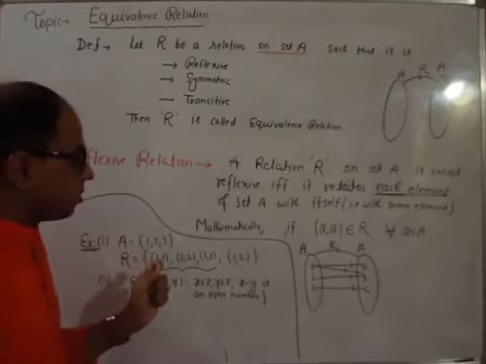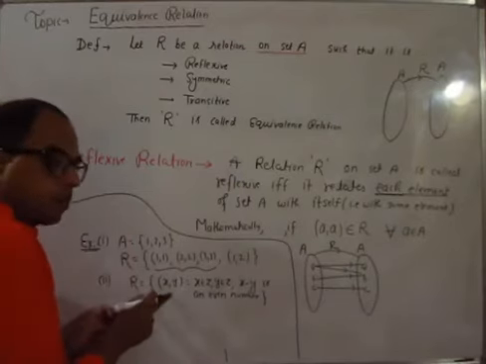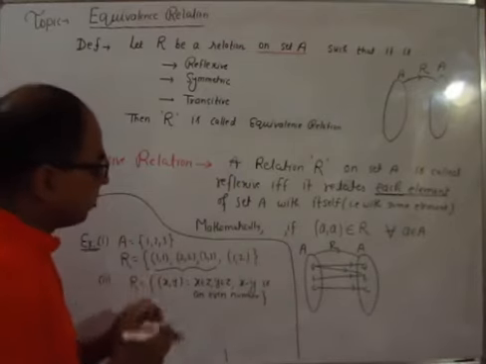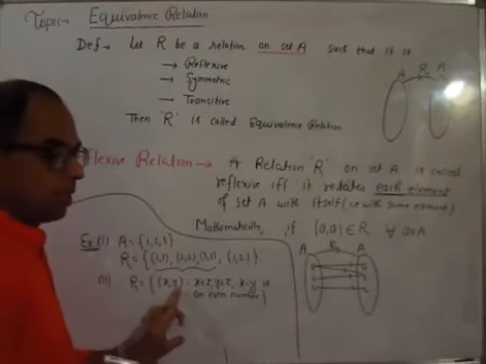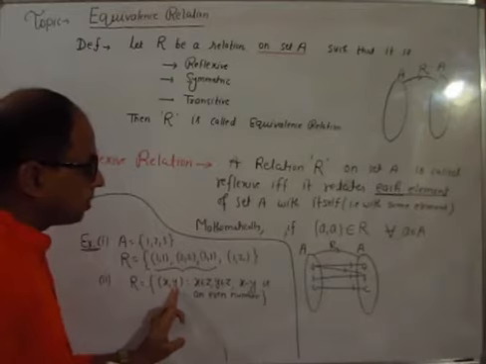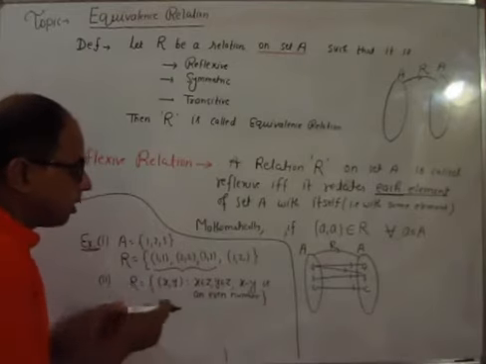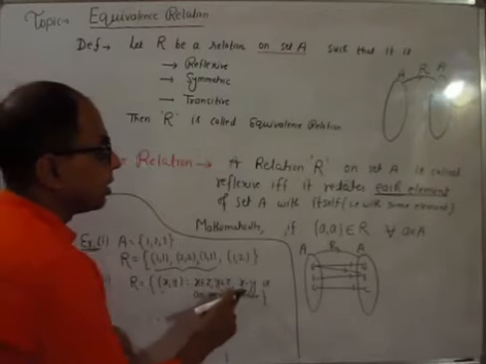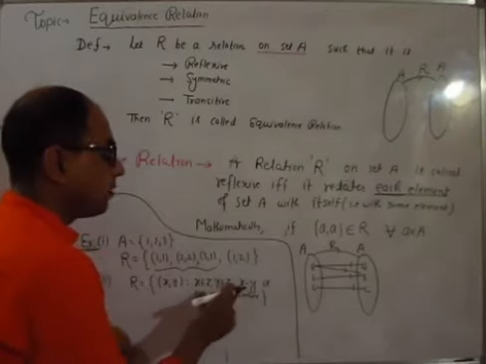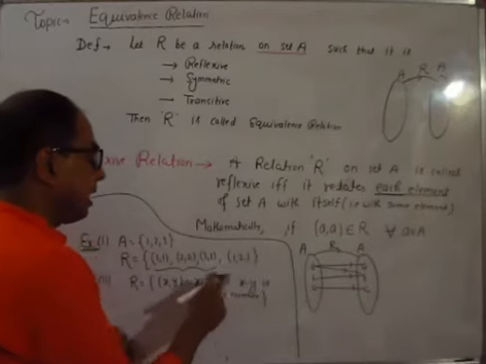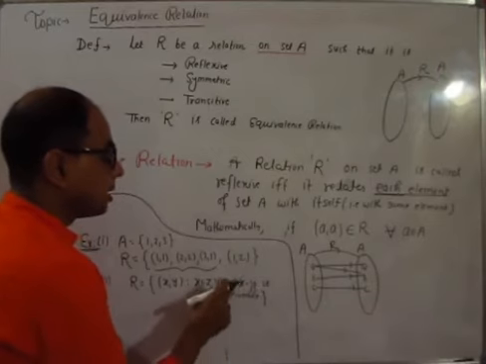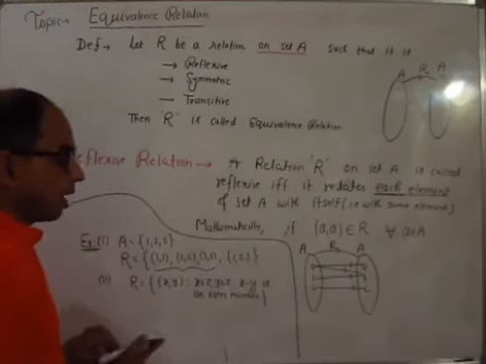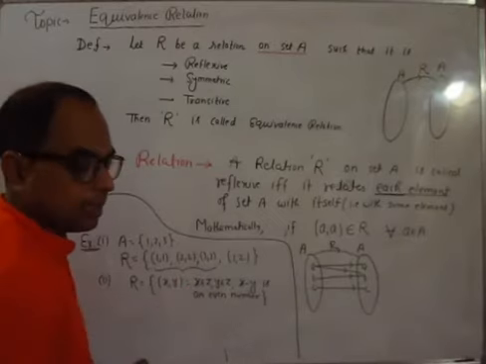First of all, see what is written here. Let us see the literal meaning of this relation. (x, y), an ordered pair, means this element x is related to y. Clear? And under what condition is x related to y? Here it is written, x minus y is an even number. It means if x minus y is an even number, then we can say that x is related to y. And x is an integer and y is also an integer.